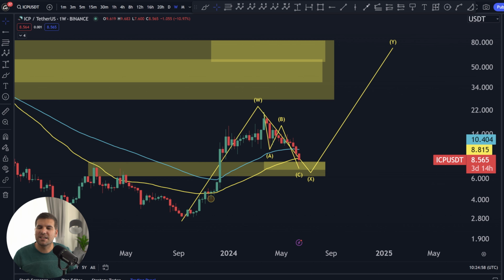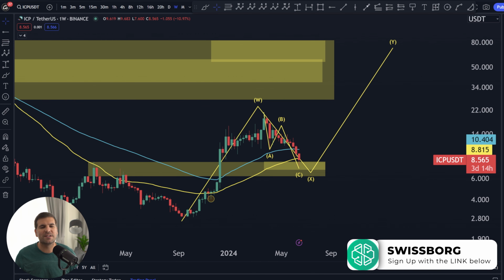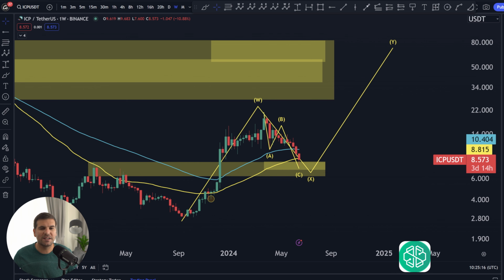Don't get me wrong, it's going to take time to play out. I don't think we're going to see instantaneous gains here, but this seems to be the area between that $6.25 and $8.23 to be building big positions in ICP ahead of that next big run to the upside. Now, how big of a run do I think we're likely to see here for ICP? Well, I do think it's going to be reasonably significant, but I'm not expecting new all-time highs after everything that